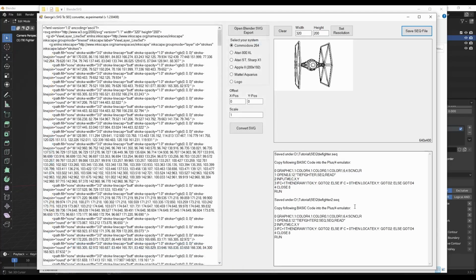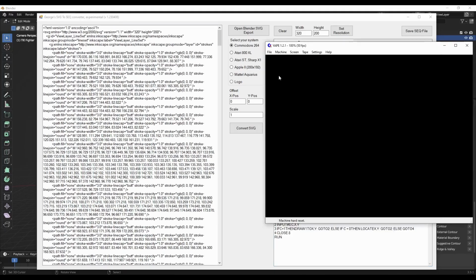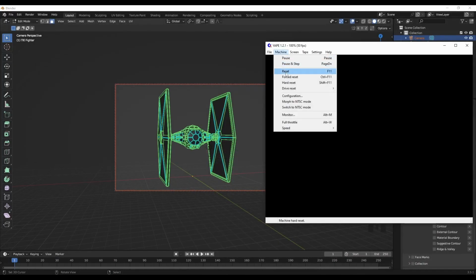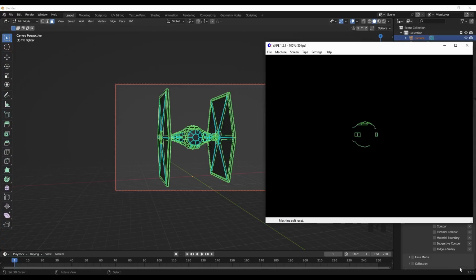Our converter will generate the BASIC code. Opening sequential files can be tricky sometimes on these old machines. In this case, I have to delete the SEQ suffix for the emulator, but when I load it on a real machine, I have to leave the SEQ suffix. So keep in mind that you have to experiment a little. These are old machines and things do not